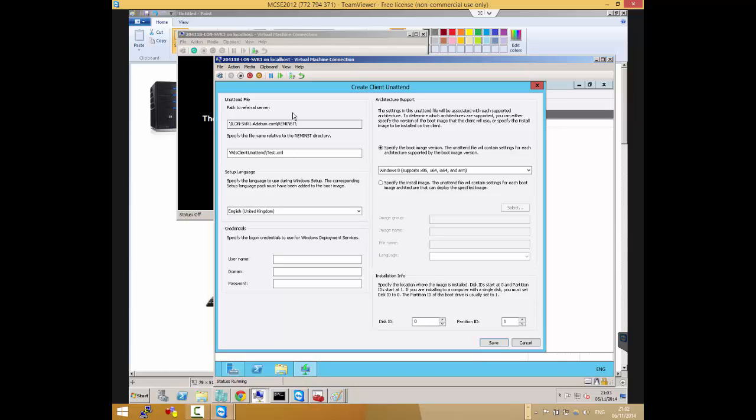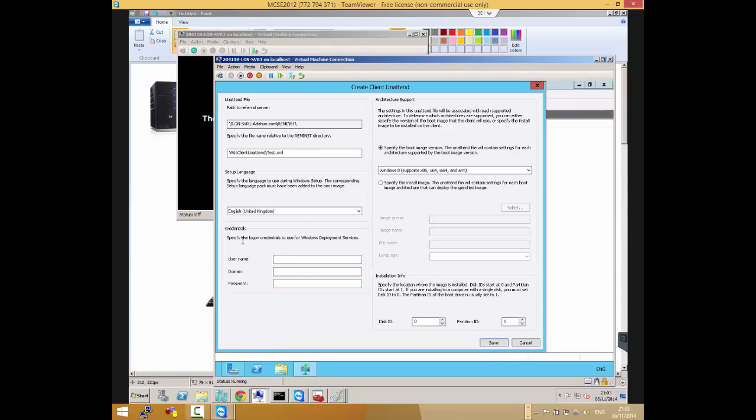The Windows automated installation kit is still a proper way to create unattended files because it gives you big functionality and is really full featured in terms of the unattended file. You can be as specific as possible. But you can also create one here, you're right.